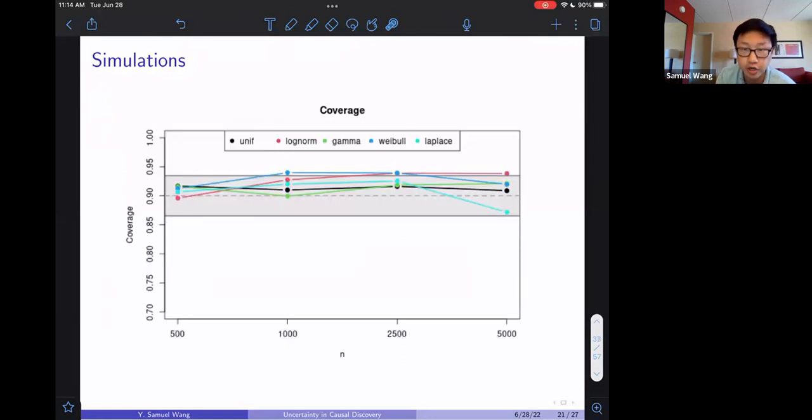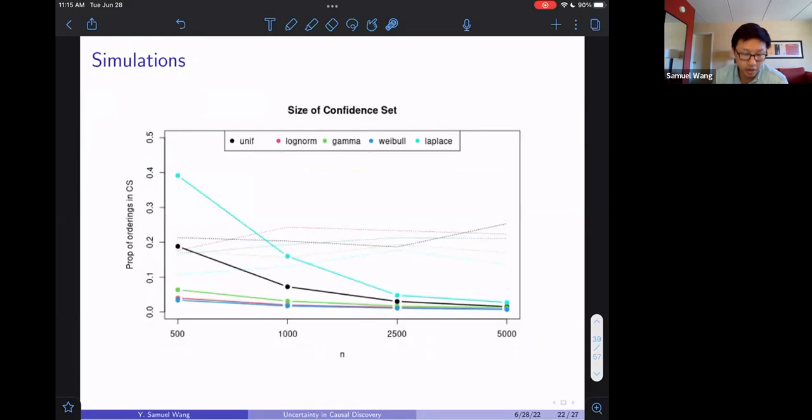Okay, so the first plot here just verifies what you would expect, that we can create confidence sets which do have the correct coverage. These are all 90% confidence intervals, and you can see that each of these has roughly the correct empirical coverage as we go through. On the horizontal axis, I have various sample sizes, and each of the different colors indicates a different distribution.